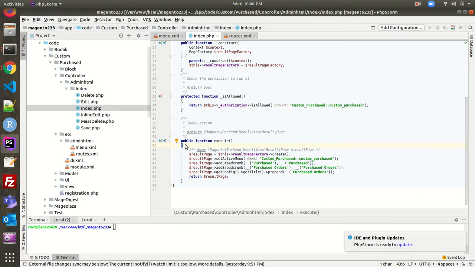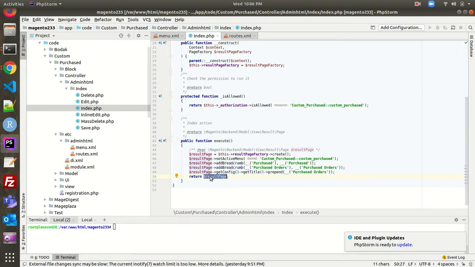The execute method returns a page. First you have to create a result page factory, set the active menu that we created over there, and append a title, that is Purchased Orders. After that we also append breadcrumbs, that is a path that we all know. And then we return the result page.